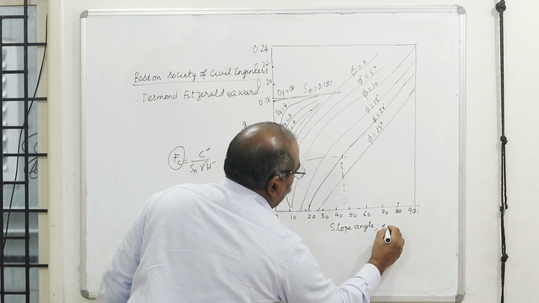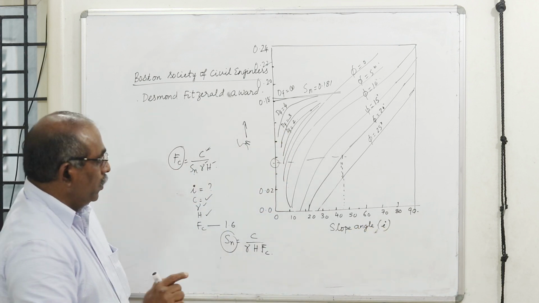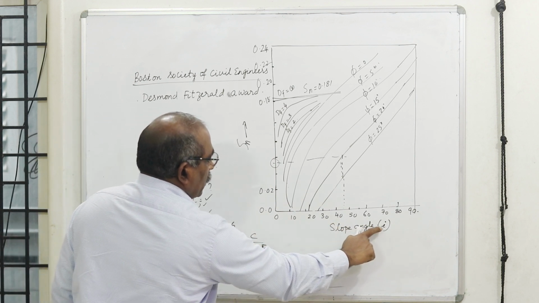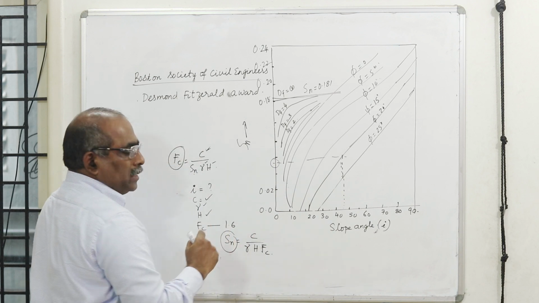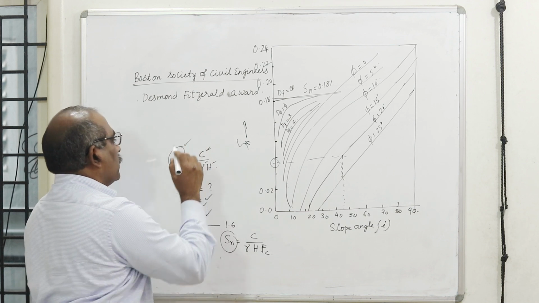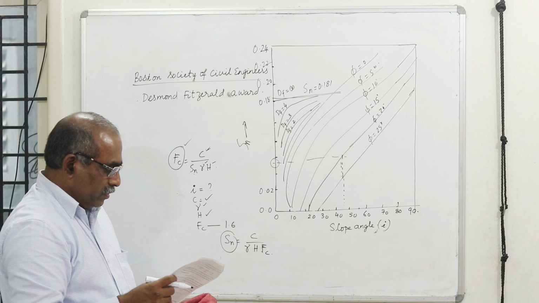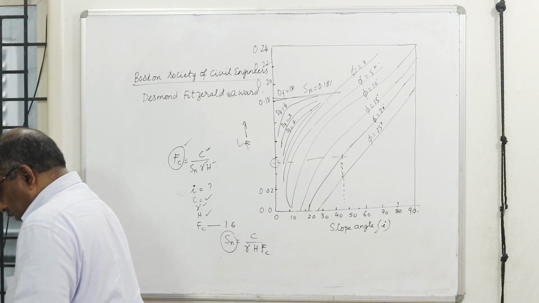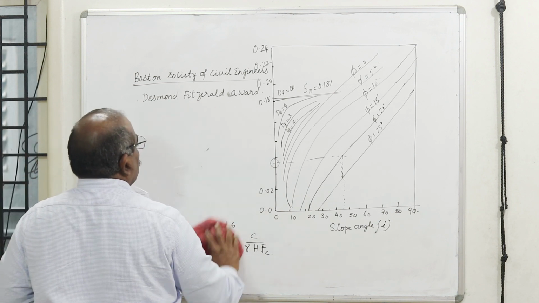Therefore, I am trying to use Sn for two things. One is to design a new slope at a required factor of safety, I find out what my slope is. For an existing slope, with the given properties, I can evaluate what my factor of safety is. How safe is the existing slope, the factor of safety against cohesion. Now we'll try to work out a few numerical examples. They are very interesting, simple examples.